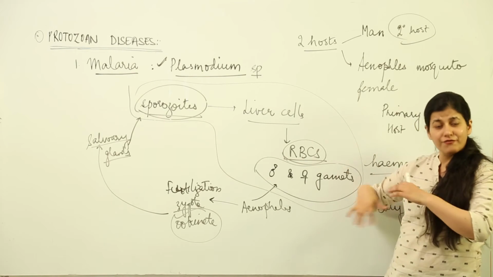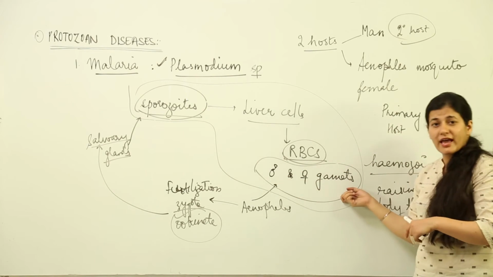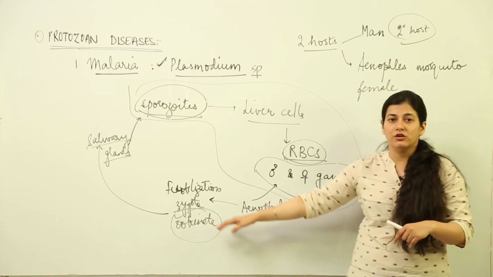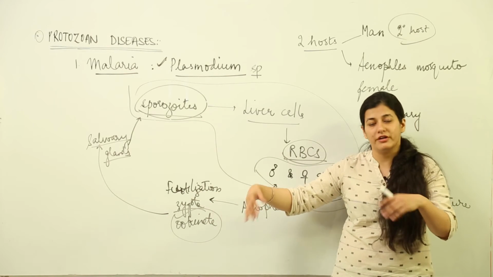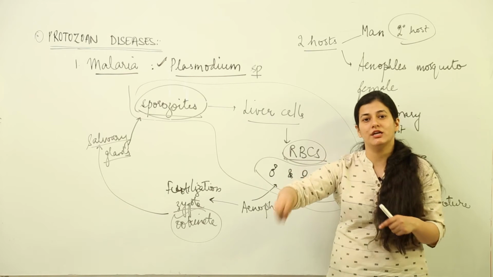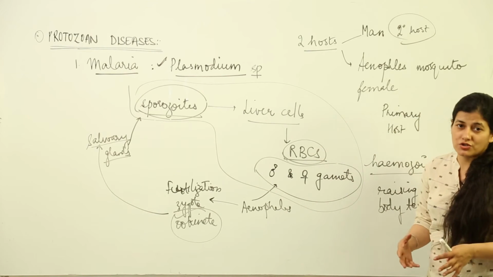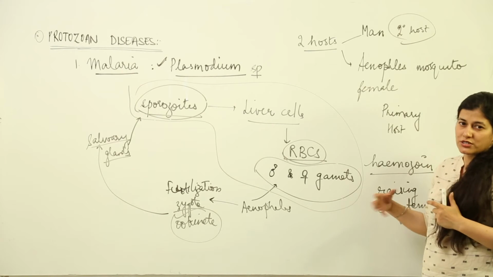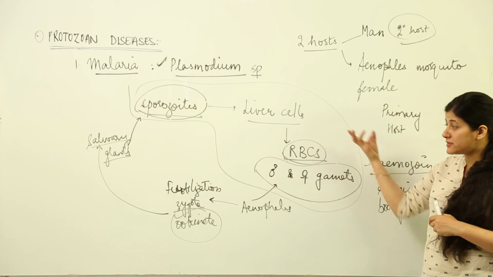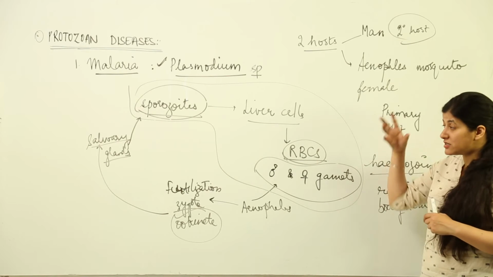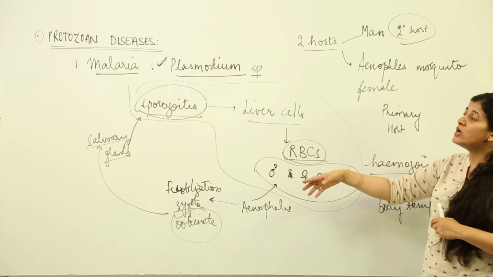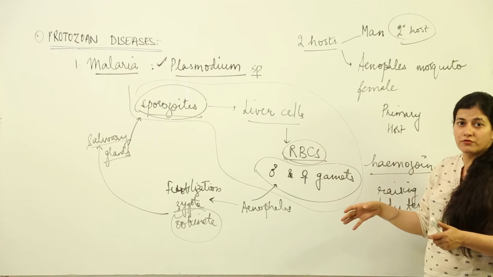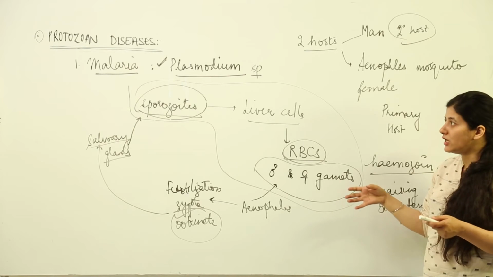Inside the RBCs, they further divide, they form the gametes, and then the gametes enter the Anopheles again when she bites the infected individual. So it's not the mosquito which is responsible. The mosquito itself is infected, but this plasmodium does not harm the mosquito. It harms human beings to such an extent that malaria was a big-time problem for human generations